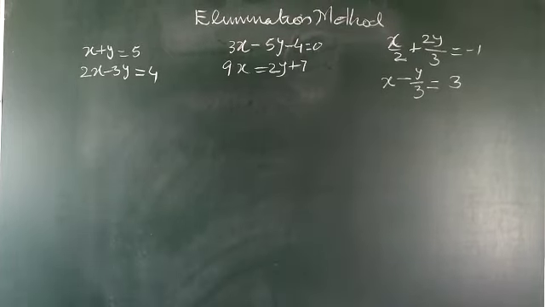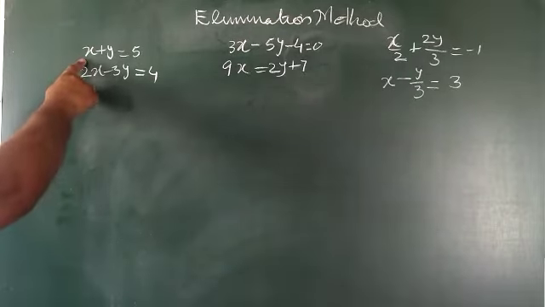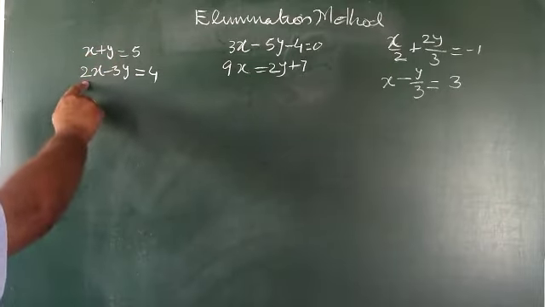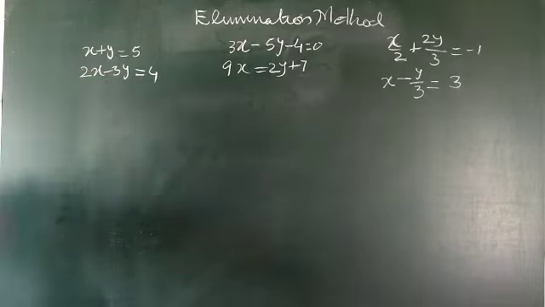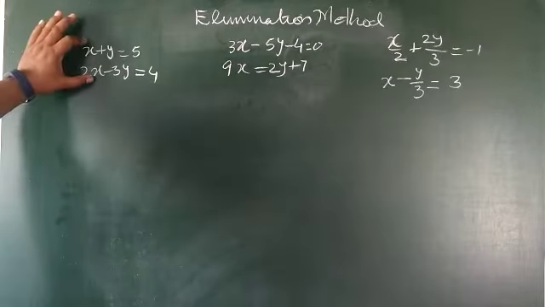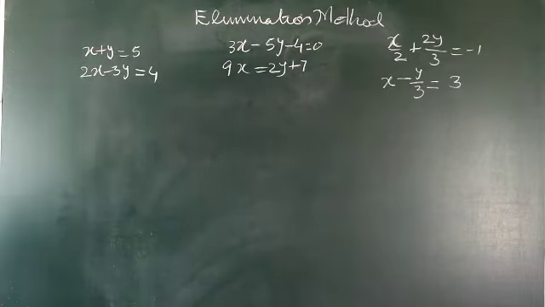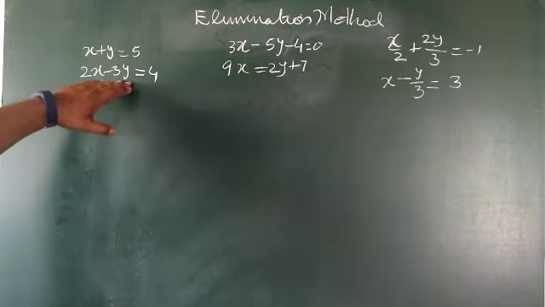What is the elimination method? We have the coefficient of x here 1, the coefficient of y here 1, and c is 5. Here the coefficient of x is 2, the coefficient of y is minus 3, and c is 4. First we have to equalize any one of them. Either equalize the coefficients of x or equalize the coefficients of y. And how can we do that? We can do it by multiplying by the desired number. Suppose this is 2x, this is 3y, we want to make this equal to 3y.